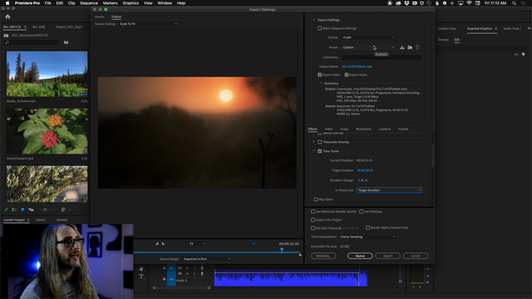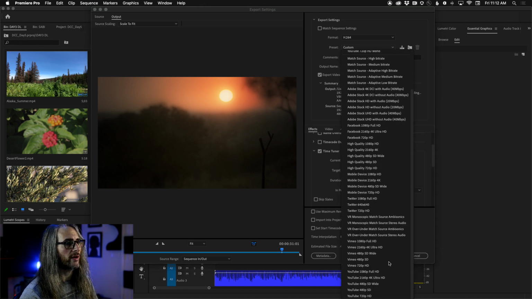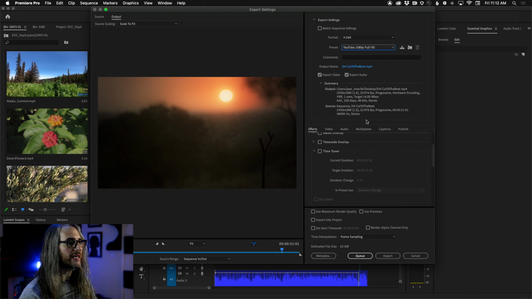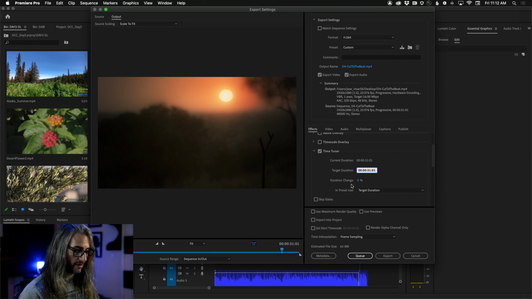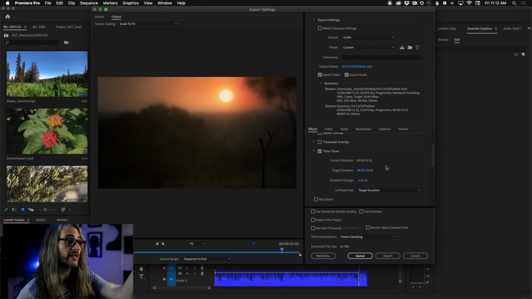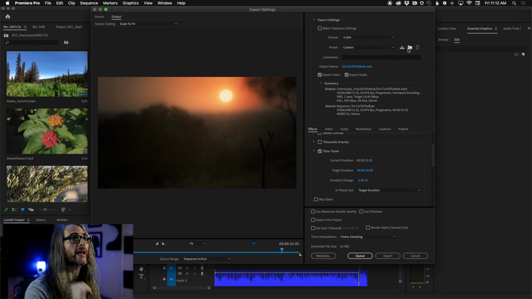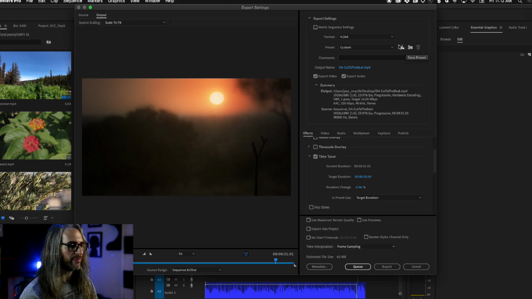Let's go and we'll export this as H.264, and I will use my YouTube 1080p preset for that. I'll just re-enable this, sorry about that. Target duration. Type this back in. Choose your preset before you set your Time Tuner, because then it's going to disable that, because that's not part of that preset, right? By the way, if I were to save this as a preset, like always make things 30 seconds, when I go up to the Save Preset button up here,